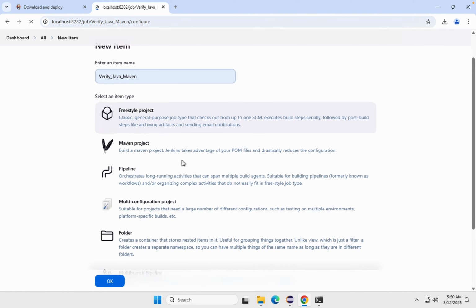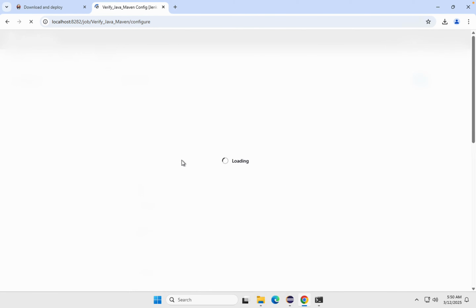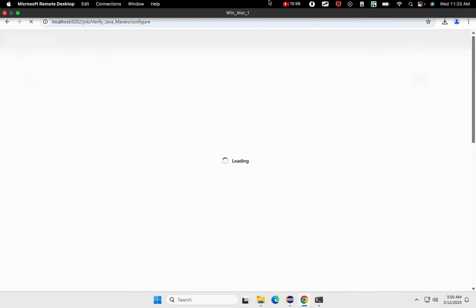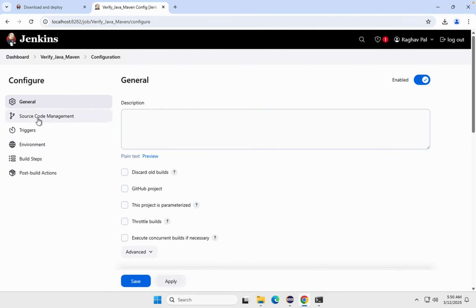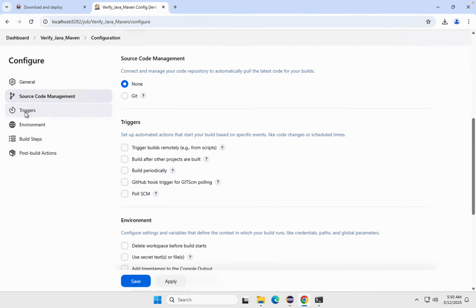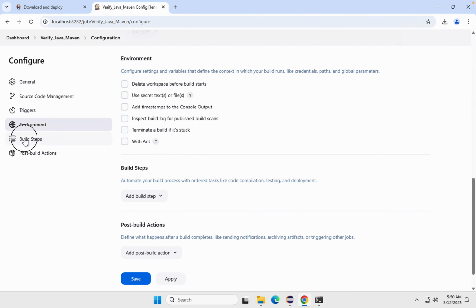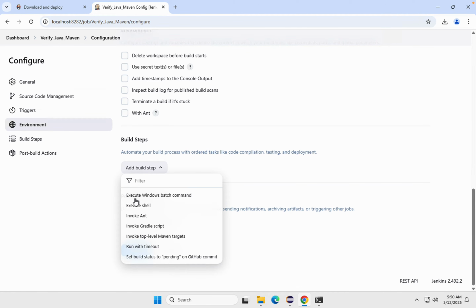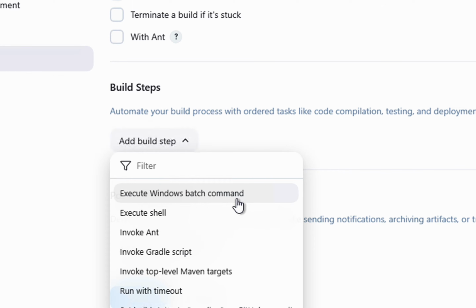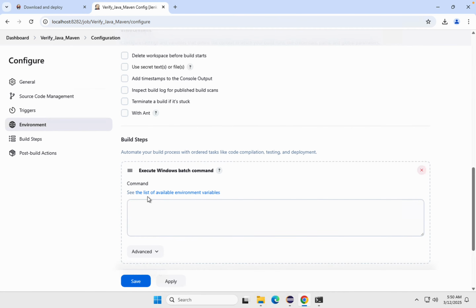And here it will take us to the job configuration page, and you can see this is a job configuration page. We have general section, source code management, triggers, environments, build setup, build steps, and post build actions. So in the build step I will select and say execute Windows batch command. If you are on Mac or Linux, you can say execute shell, and here I will just say